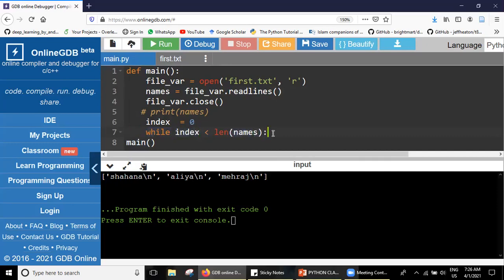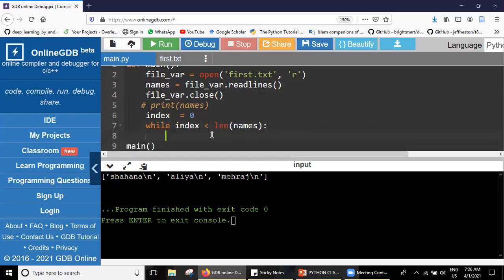Then what I say is every time I have to store each index, I can say names of index. So what is this? Okay, this names of 0 should store what it has to store. It has to actually store the names of 0.